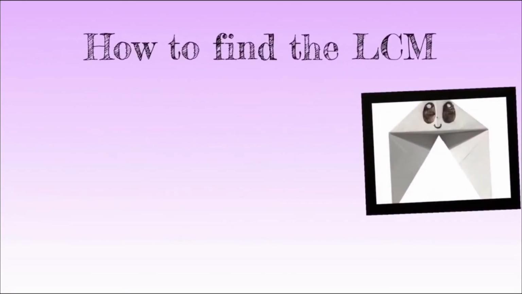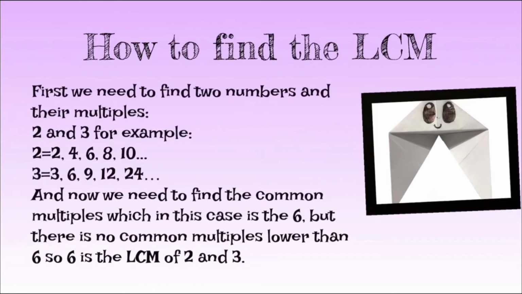How to find the LCM. First, we need to find two numbers and their multiples. 2 and 3, for example. 2's multiples are 2, 4, 6, 8, 10, etc. And 3's multiples are 3, 6, 9, 12, 24, etc. And now we need to find the common multiples, which in this case is the 6. But there can be more than one common multiple, if you extend the numbers. Anyways, there's no common multiples lower than 6, so 6